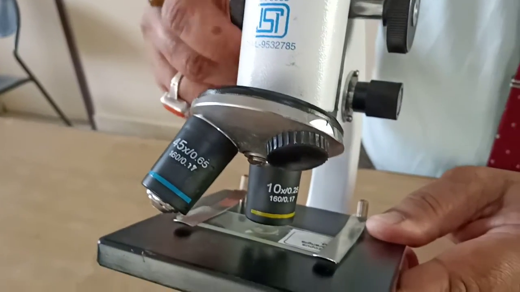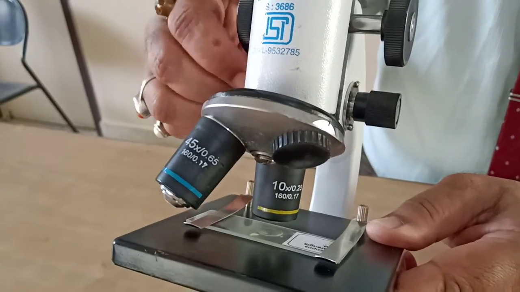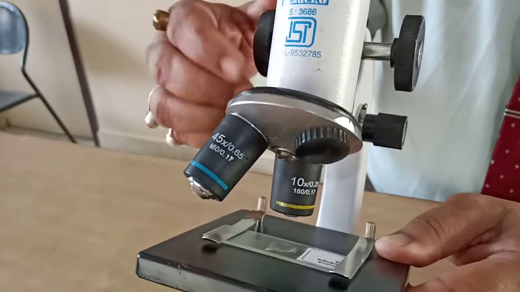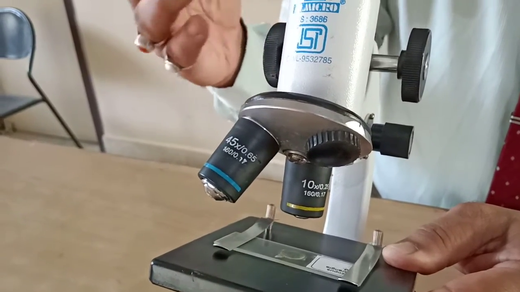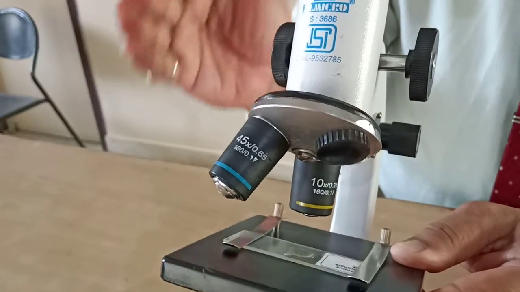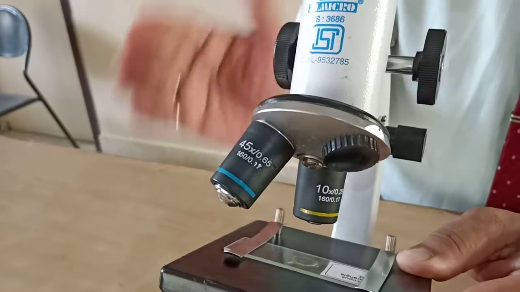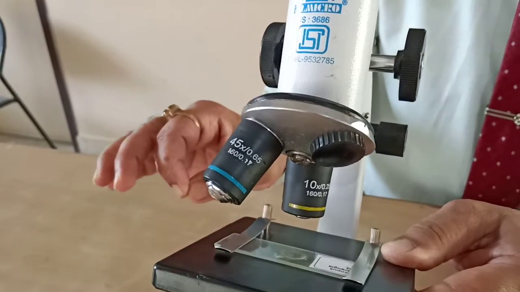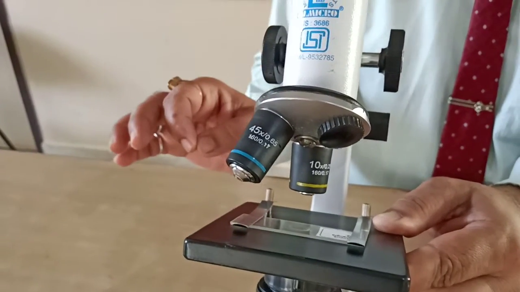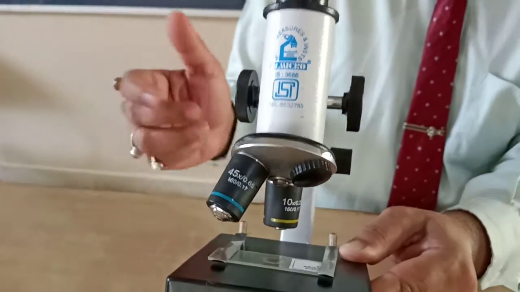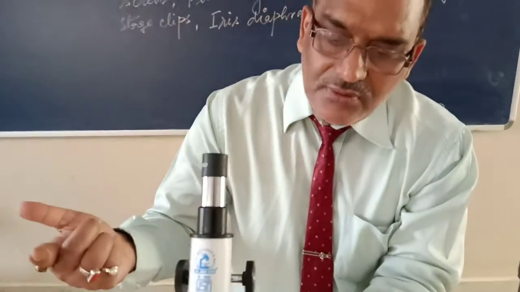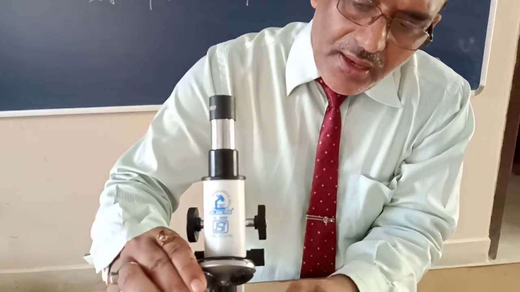First of all, with the help of 10x we can set the slide, and once it has been set, then we can go for the higher magnification. We should not go to the higher magnification directly. We have to move gradually: first of all lower magnification 10x, then 20x or 45x, and then 60x, and then 100x. So now the next one is